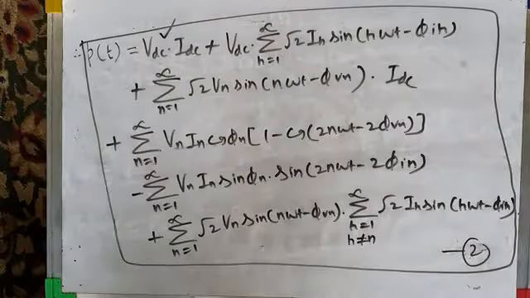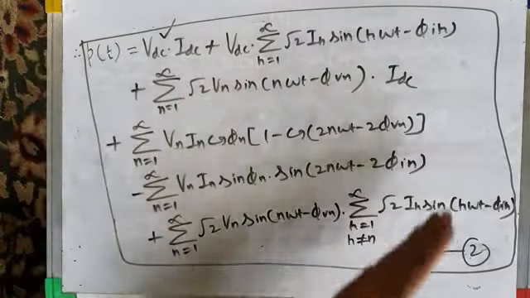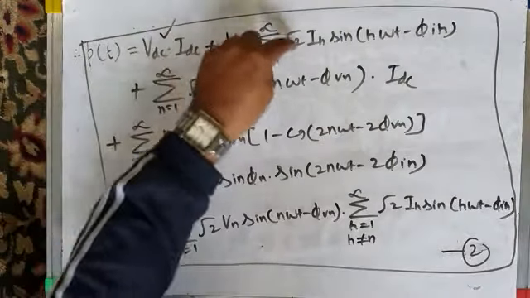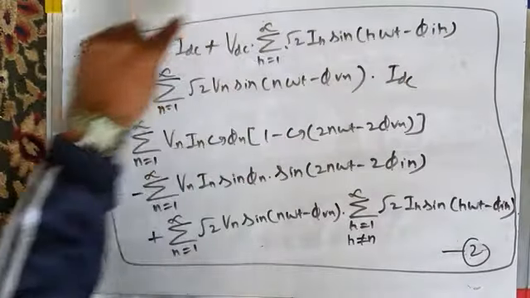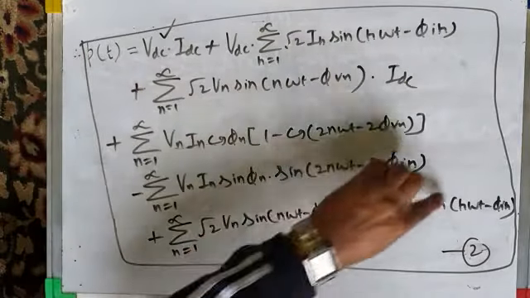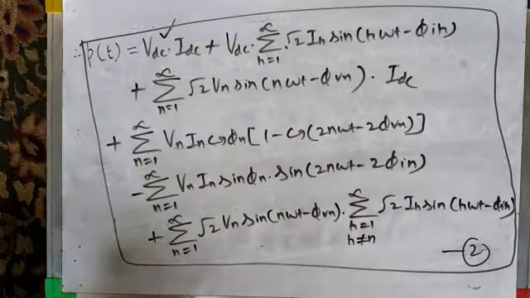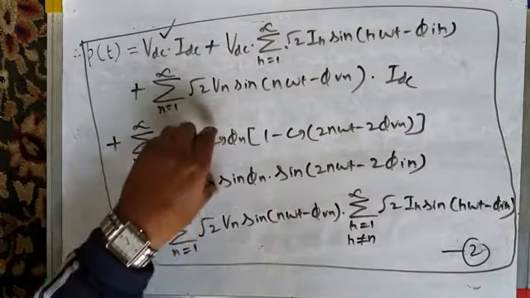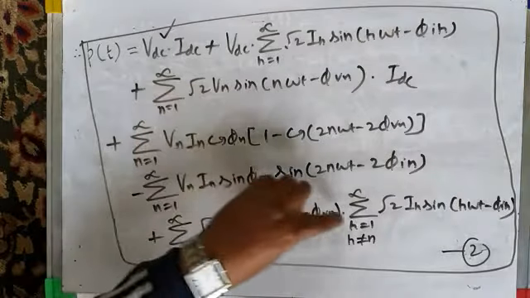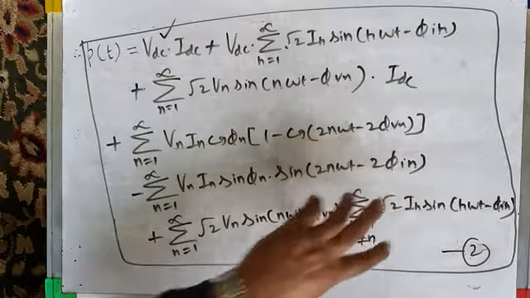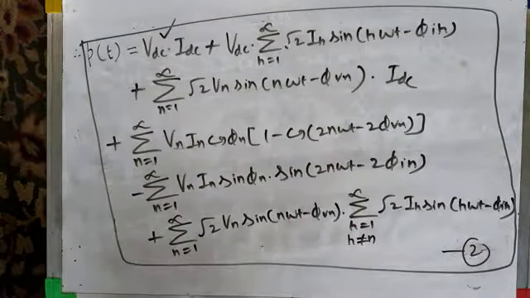Now from this we have to find instantaneous active power and then instantaneous reactive power. This is the final mathematical expression for power. If there is DC offset in voltage and current, then the first three terms will contribute to that, and then these terms are because of interaction of AC voltage and AC current. These two terms belong to interaction of similar frequency components, and this term belongs to interaction of dissimilar frequency components, because voltage is distorted and current is also distorted.